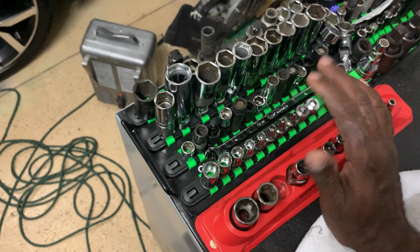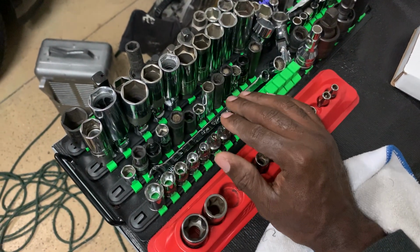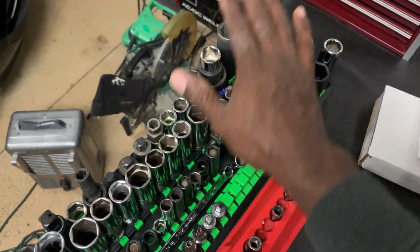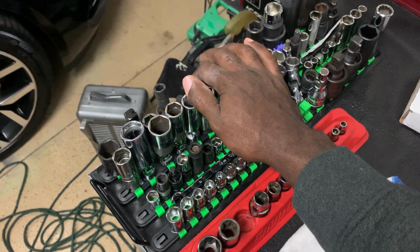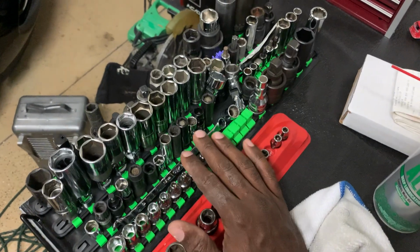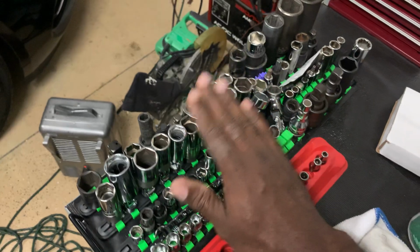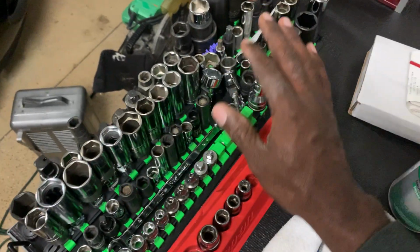If you guys don't own one, I know a lot of companies make them, but this particular one is really awesome. I like the Ulsa Tools one. It holds everything. Every single socket on here is either Snap-on or Mac, and maybe Blue Point. That's it. And it holds everything on here. And I feel as though I could take care of most jobs with just the sockets that are on this particular